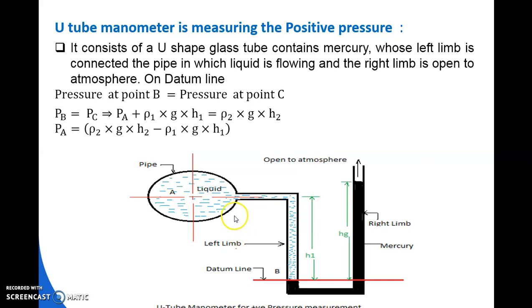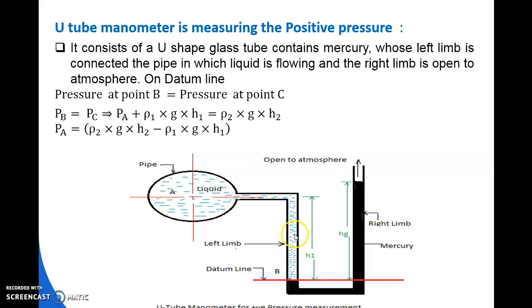As shown in the figure, we have a pipe. It is seen as a cross-sectional view. It is a circular cross-section of the pipe. There is a center point A. The pipe is connected to a U-tube,